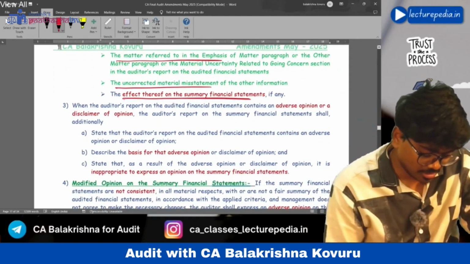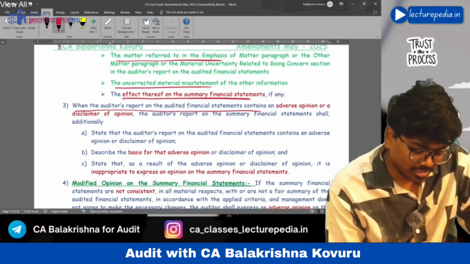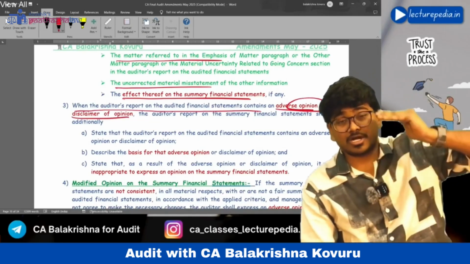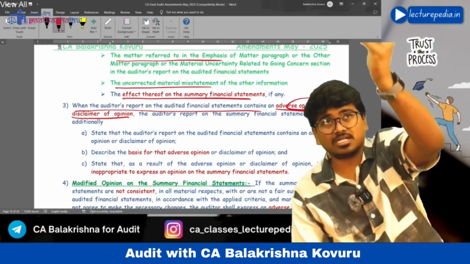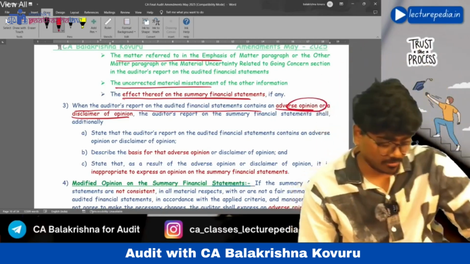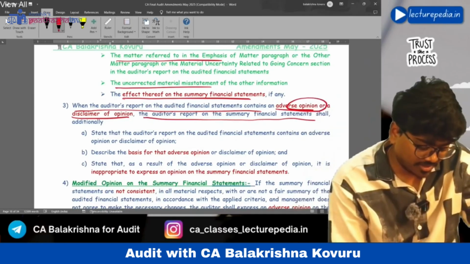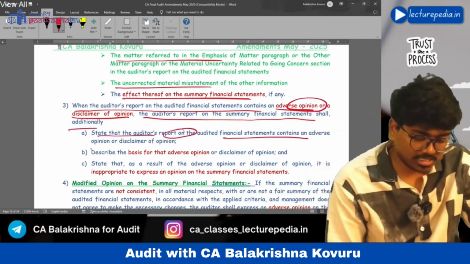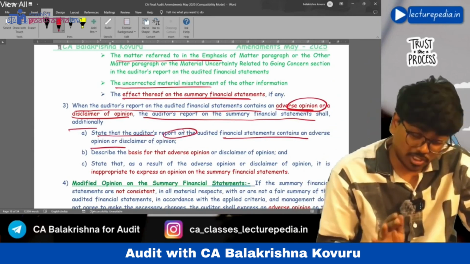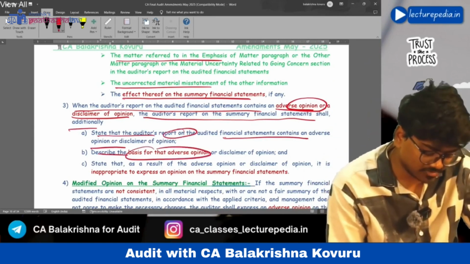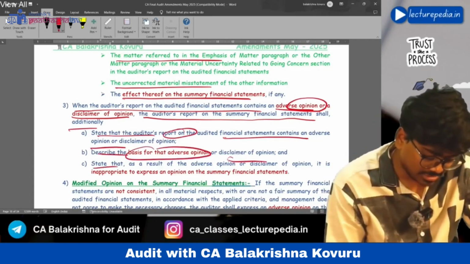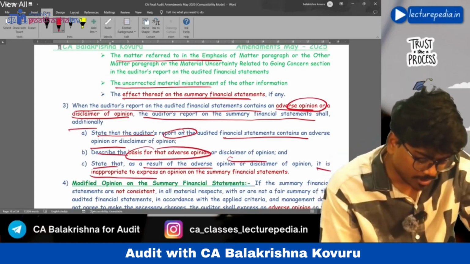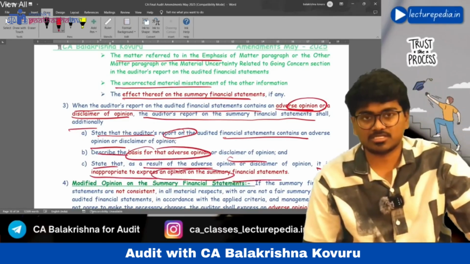Next, when the auditor's report on audited financial statements contains an adverse opinion or a disclaimer of opinion. If the auditor's report on the complete set of financial statements contains adverse or disclaimer, not qualified, then the auditor's report on summary financial statements shall additionally state that the auditor's report on audited financial statements contains an adverse or disclaimer of opinion, and you should also describe the basis for that adverse or disclaimer of opinion, and state that as a result of such adverse opinion or disclaimer of opinion, it is inappropriate to express an opinion on the summary financial statements.